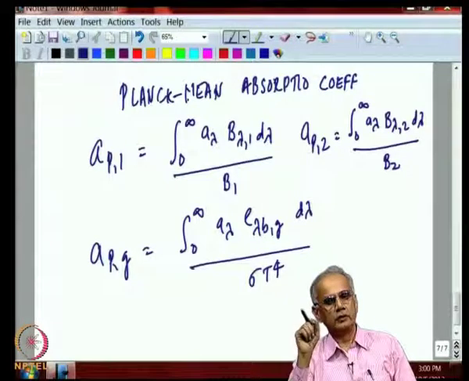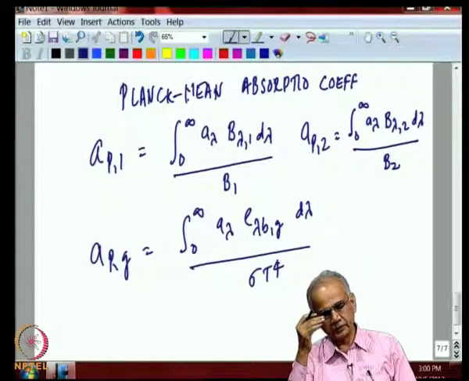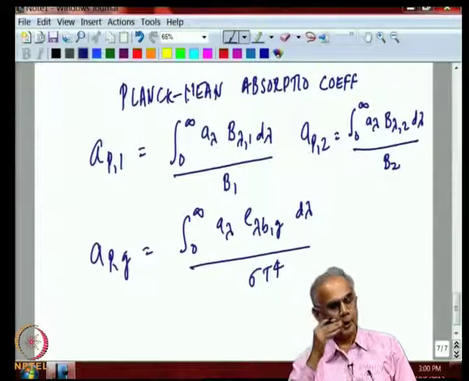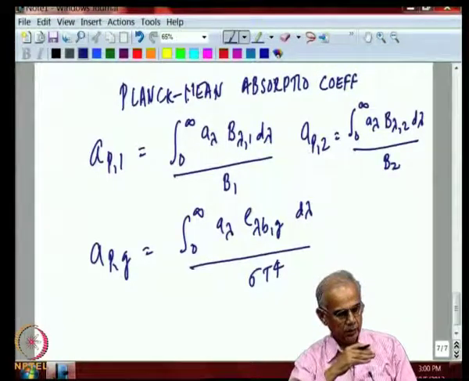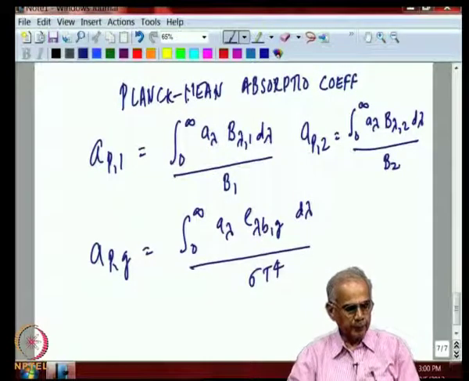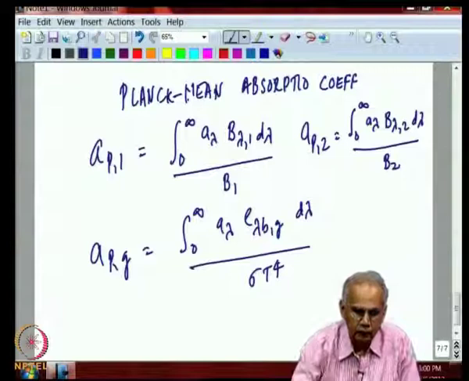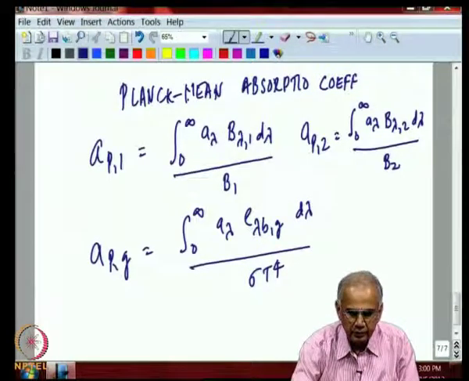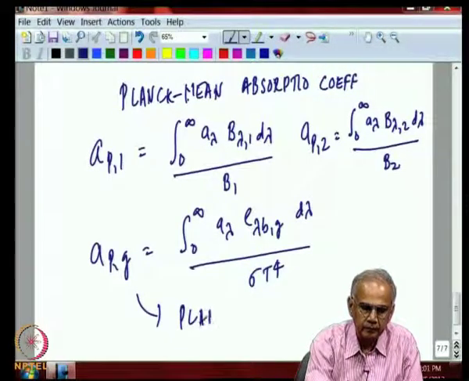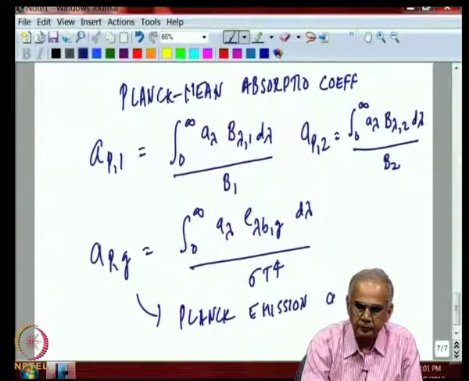That is very rare. So, there will be situations at certain wavelengths where certain gases will absorb radiation strongly. So, you may be in a position to define the Planck mean coefficients and use it. Now, I must mention one more thing. The last quantity APG is a Planck absorption coefficient weighted by the black body function at gas temperature. This should really be called Planck emission coefficient.